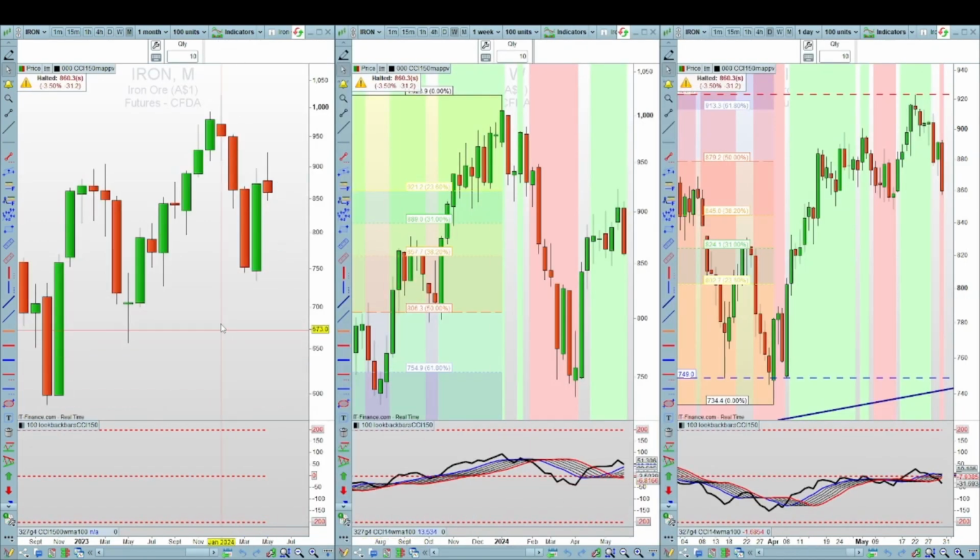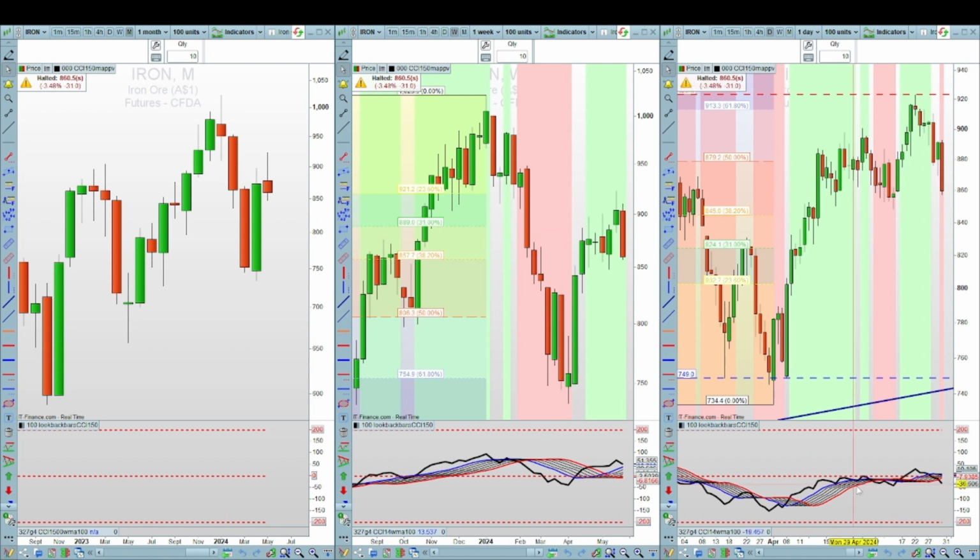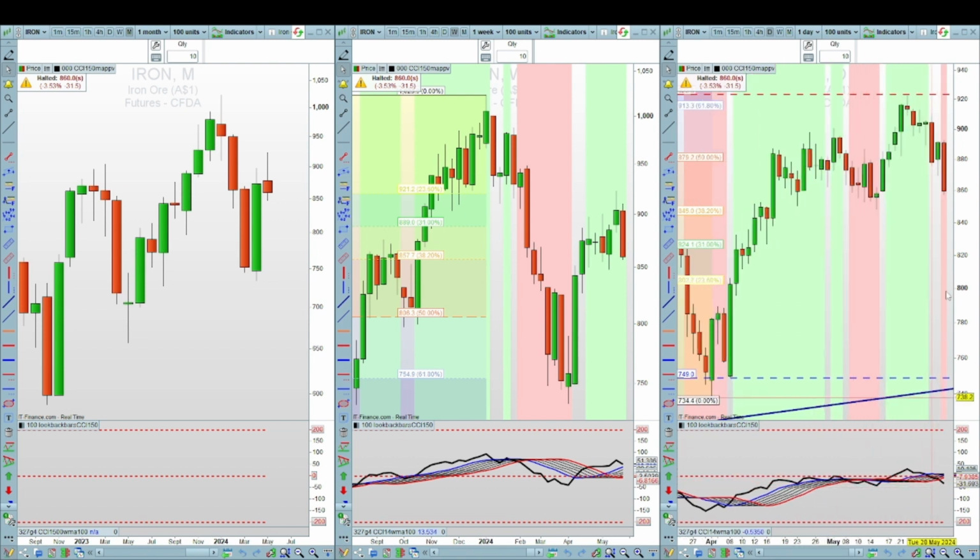Lastly, iron ore. There's no indicator for the CCI on the monthly. On the weekly, it's a bullish movement with the CCI above its moving averages, although notice that bearish candle. On the daily, it had a bit of ups and downs there above and below the moving averages, and we're currently broken below, so bearish trades only should be taken on the smaller time frames. Remember also, if you're trading on the daily time frame, you only trade in the direction of the weekly, but at this point you want to make sure the daily is above the moving average range when the weekly is